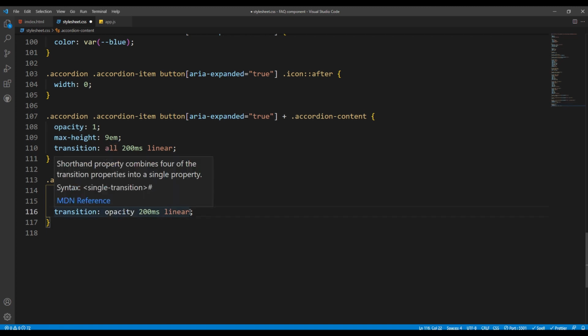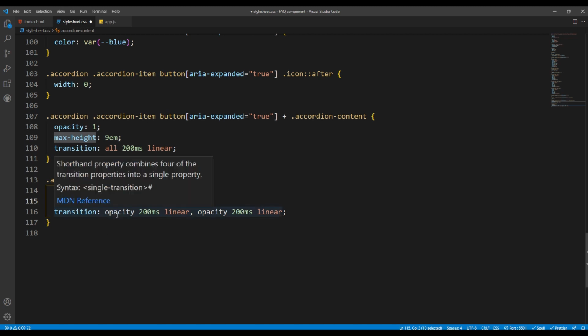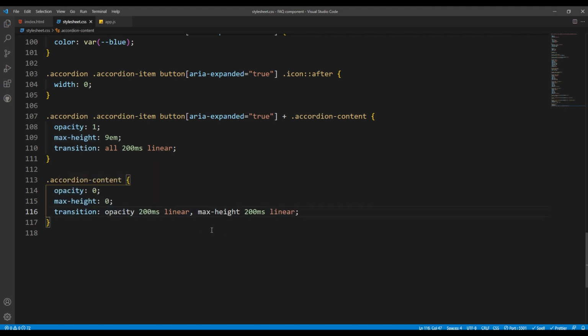And also, I want to do the same exact thing. I can write it in all the same way. So transition should happen in opacity for 200 milliseconds in linear, also happen in max height for 200 milliseconds, and that's also linear. Okay? So this is the default stuff, and this is just when the aria expanded becomes true. So now let's go ahead and